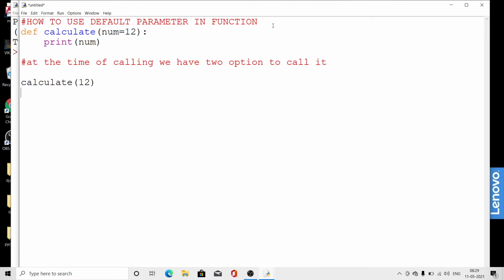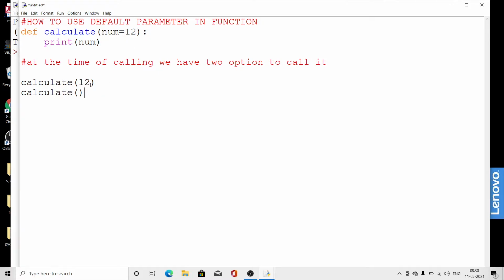But now when we are using the default parameter inside the function, we have two options. Either I may give the value for the call, or I may leave the value. Without a value I can also call.